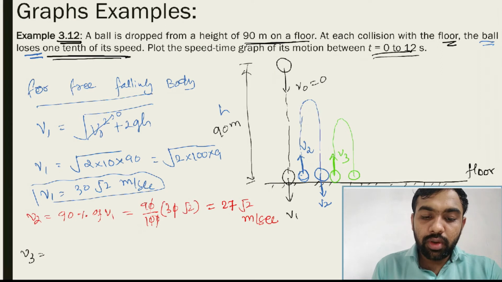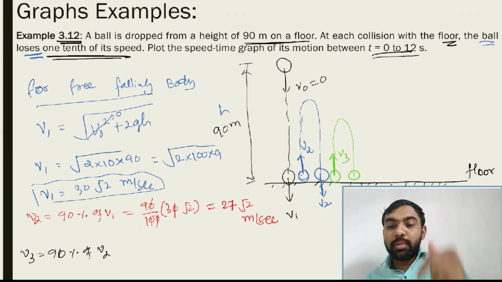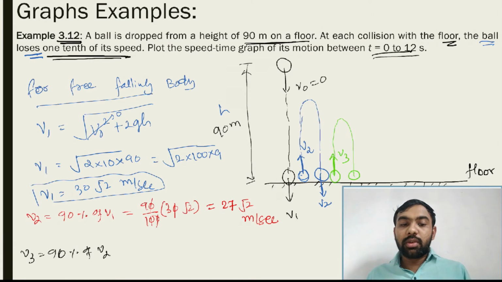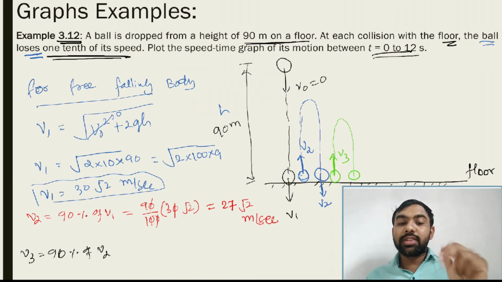So v3 is equal to 90% of v2. मतलब जो भी स्पीड से और रिबाउंस मतलब वो कोलिजन हो रहा है उसकी 10% लॉस हो रही है. सो फिर पहली बार v1 से कोलिजन हुए तो v2 हुई स्पीड. सो v2 मीन्स 10% लॉस in v1. So v2 is 90% of v1. Similarly v3 is 90% of v2.